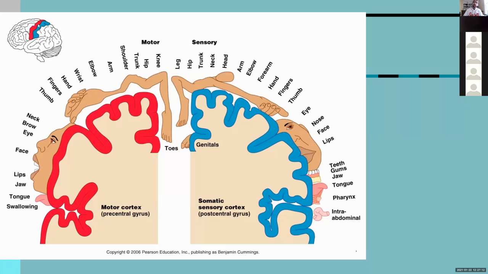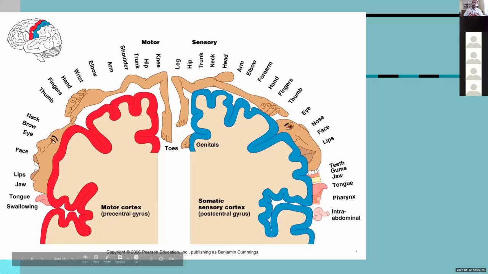You can even look more closely at different sections of the cerebral cortex, and you can map exactly what part of the body is controlled, what muscles are controlled by that section of the cerebral cortex. We'll talk about why this looks kind of weird. We'll probably talk about that next week. Also,